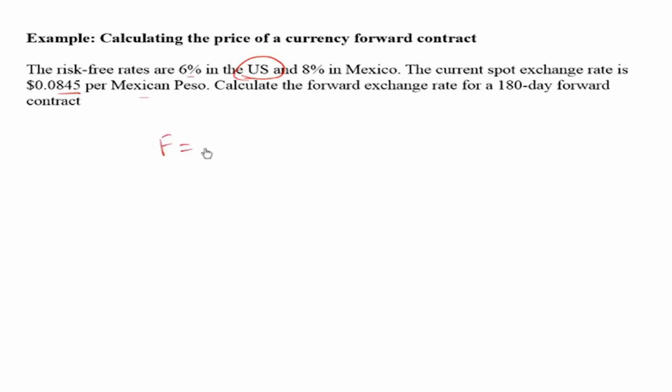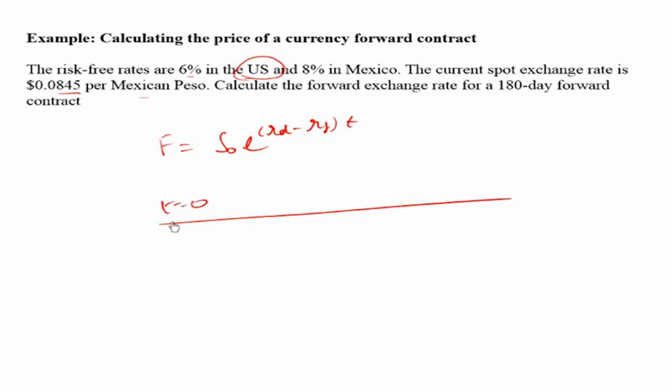The forward rate can be derived as the spot rate into e raised to the power (Rd minus Rf) into t. So at t equal to 0, we want to enter into a forward contract to long or short the currency. Please note, whether you long or you short, the rate won't change. The forward rate will be this. If your view is positive, if you think it's underpriced, then you long. If your view is negative, then you short. But the price will always be determined by the no arbitrage relationship in forwards. That is S e raised to power RT.